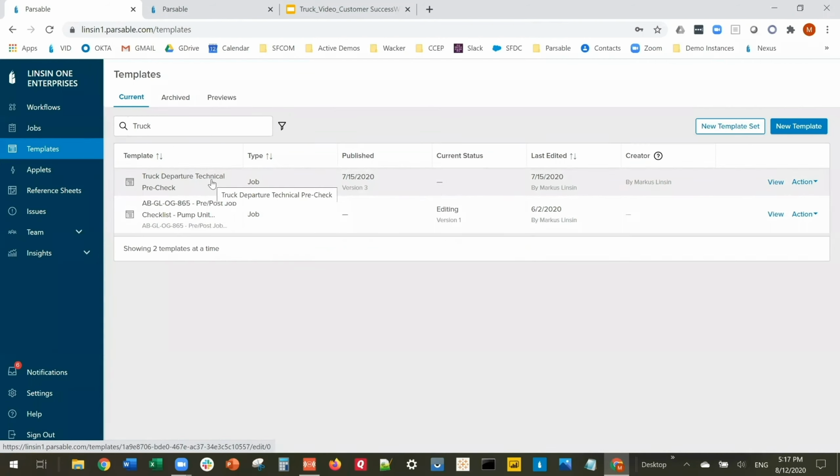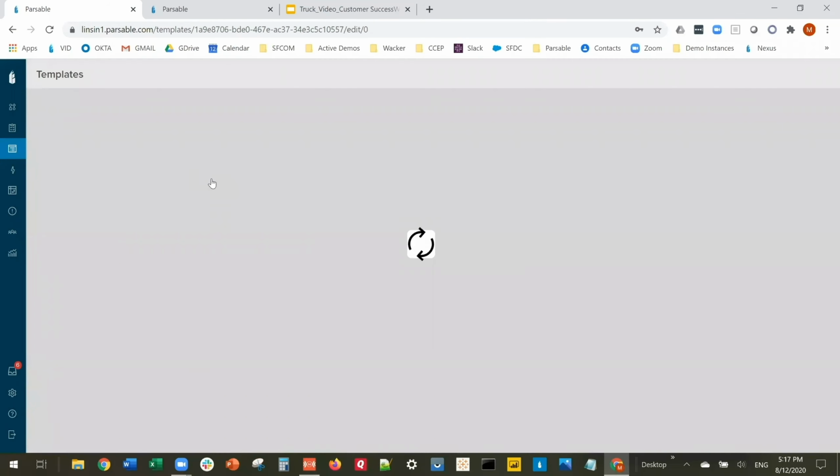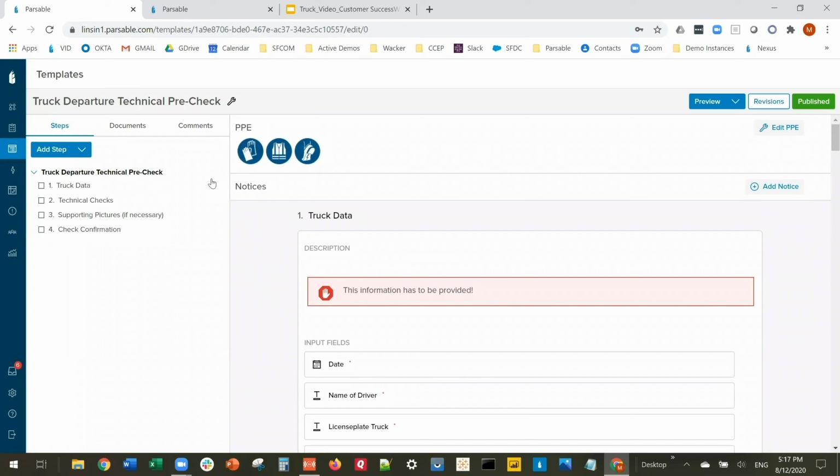This is where all these SOPs and these instructions and the content is really authored and maintained. So when I open up this template that we just saw on the mobile form, it's very easy to create, it's very easy to edit, to author them. So let me explain a little bit what you see here. First of all,